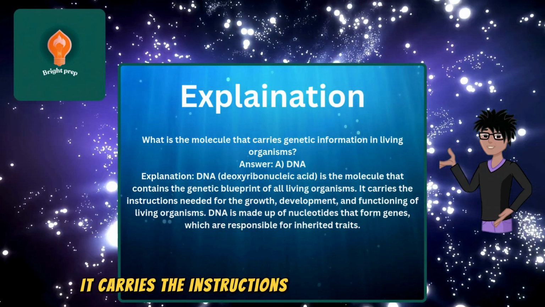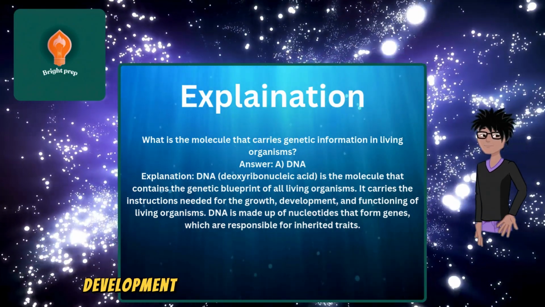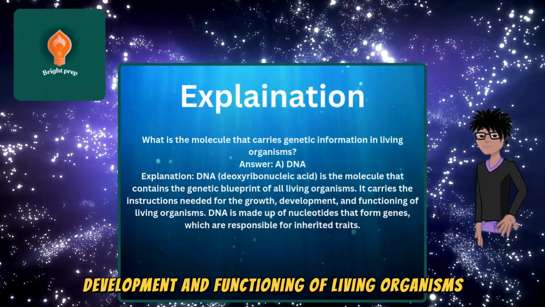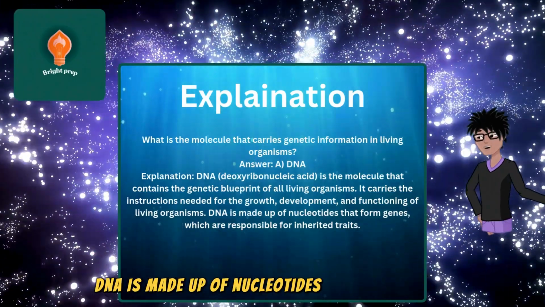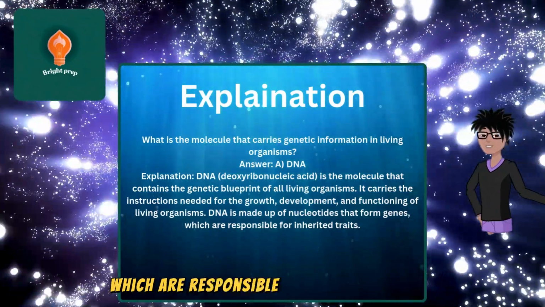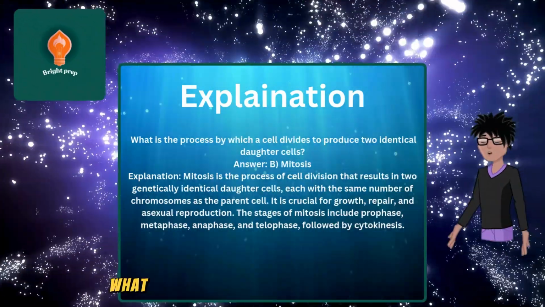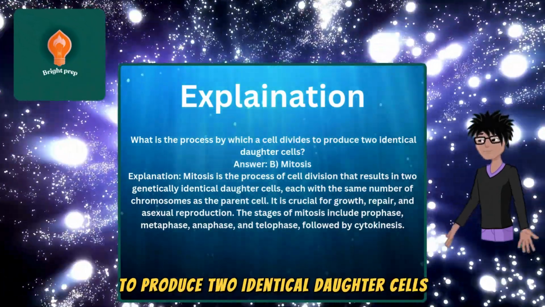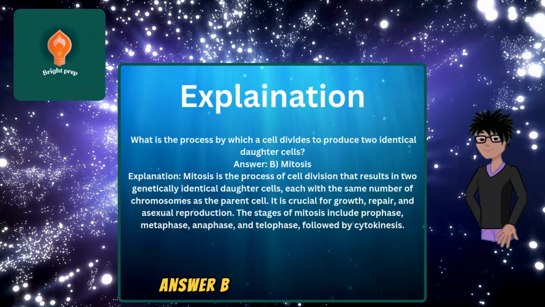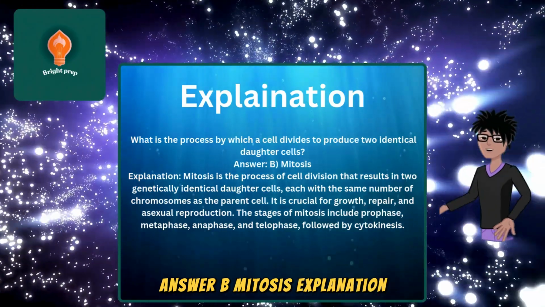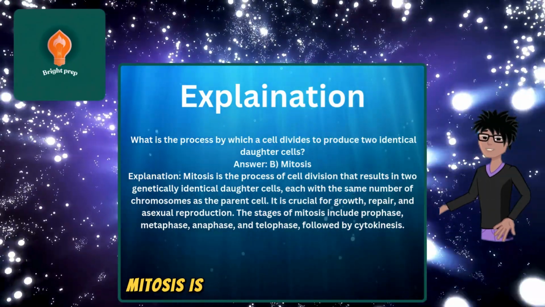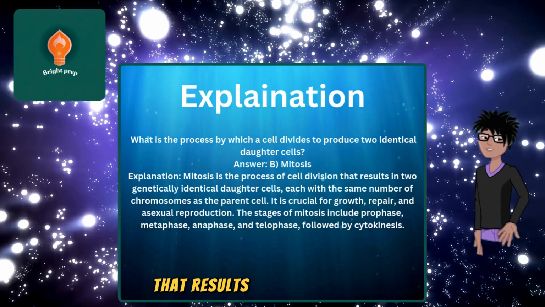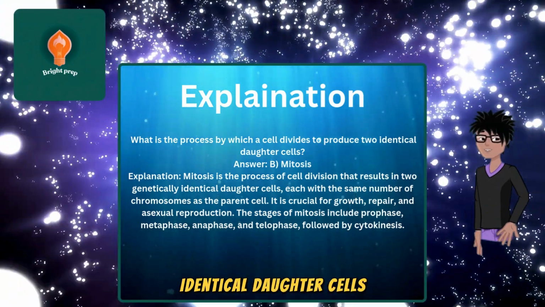It carries the instructions needed for the growth, development, and functioning of living organisms. DNA is made up of nucleotides that form genes which are responsible for inherited traits. What is the process by which a cell divides to produce two identical daughter cells? Answer B. Mitosis. Explanation. Mitosis is the process of cell division that results in two genetically identical daughter cells, each